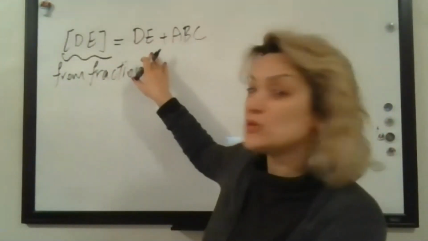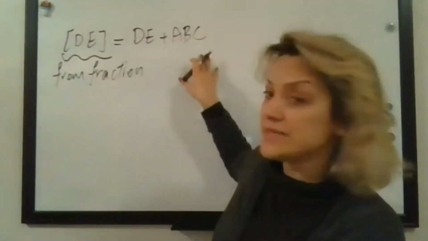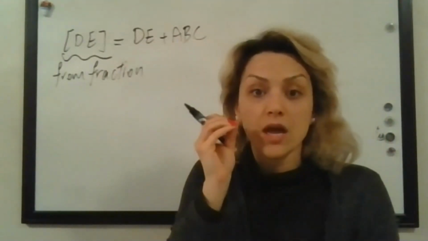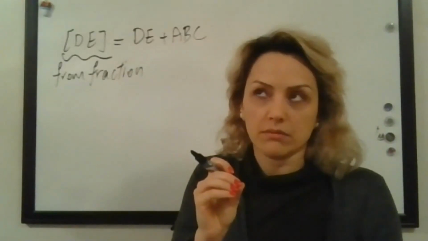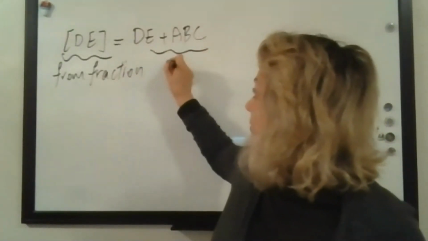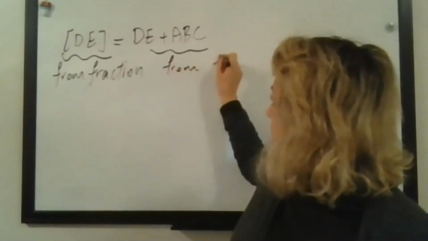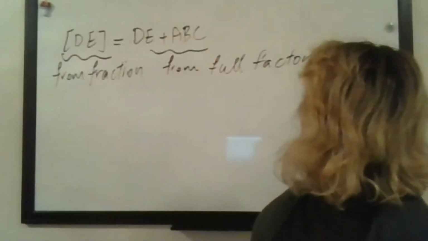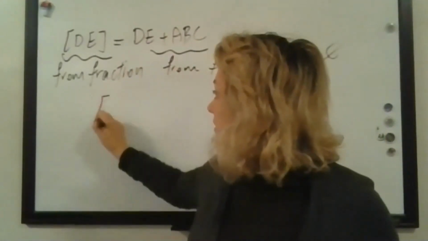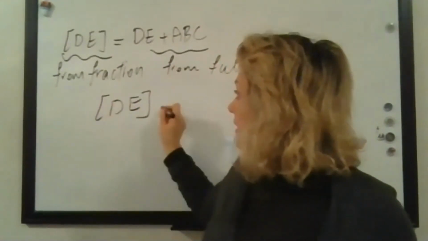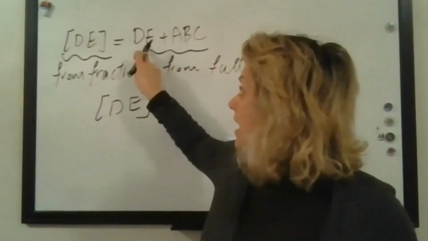So I would use DE or ABC. These two values come from the full factorial. So here, the value of DE is going to be equal to the